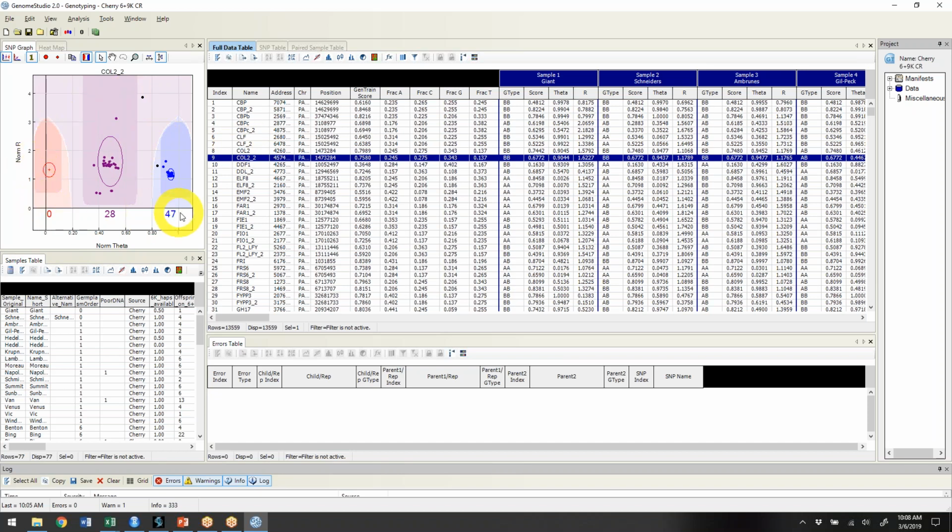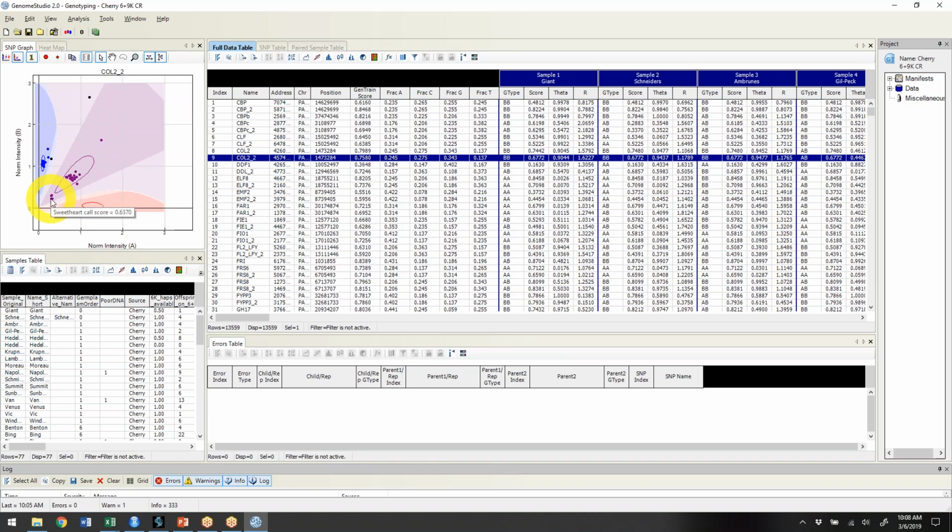So again, this tells the proportion of the B allele that is seen. The y-axis indicates total intensity, and so you're expecting at least 3 genotype clusters in this graph. There's a few things we can do in this graph. For instance, we can change how it looks by clicking here on the Cartesian coordinates button,